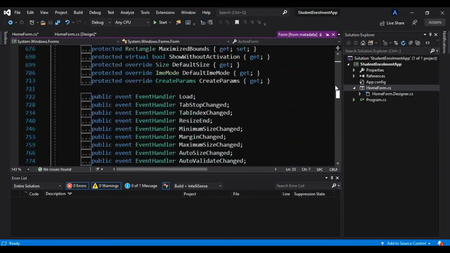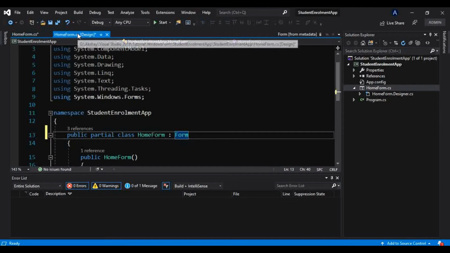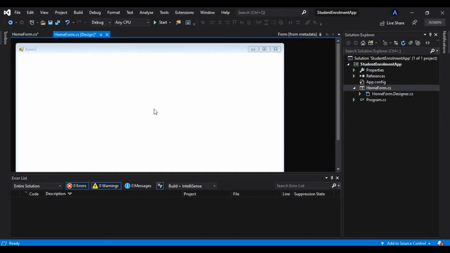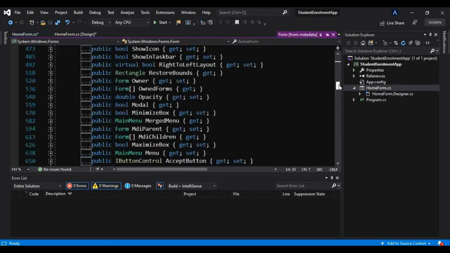All these are required to create such a form. It is automatically created, so we get this form automatically created by this Windows application. We don't have to worry about this, but we have to know that this is coming from this Form class.